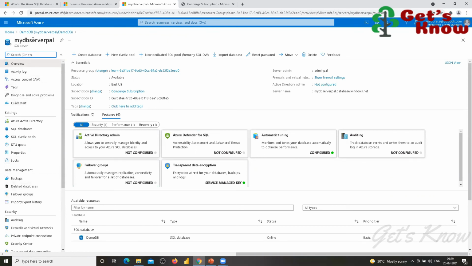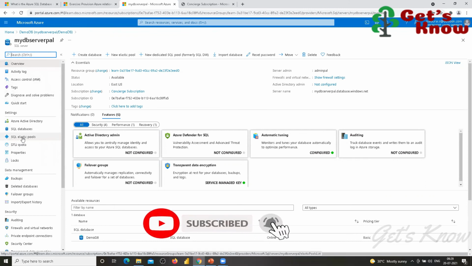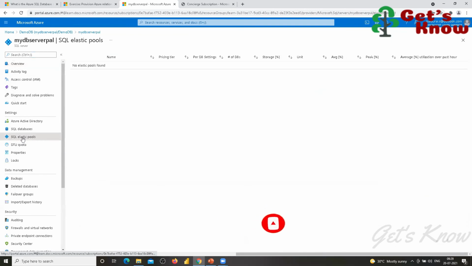So that is a server. My Elastic Pools, just click this one. Actually, so far we didn't create any elastic pool. If you click this one, it will show these details. If elastic pools were already created, it would show them.